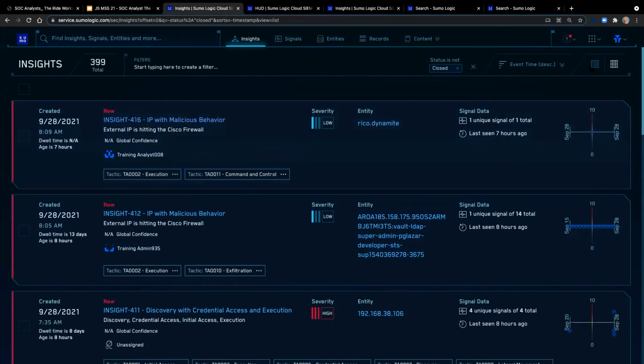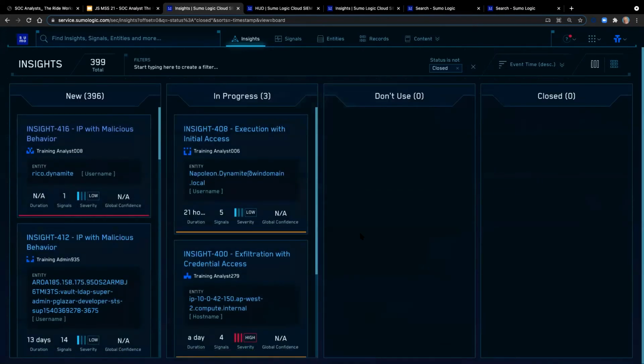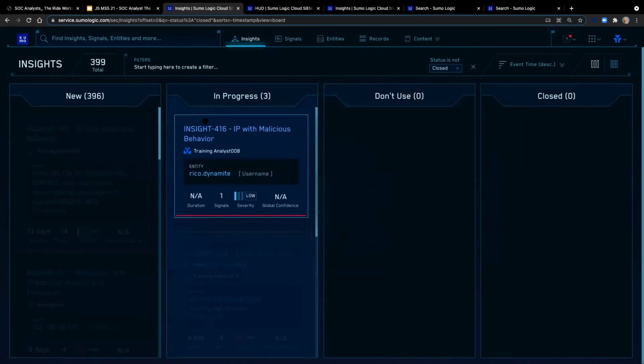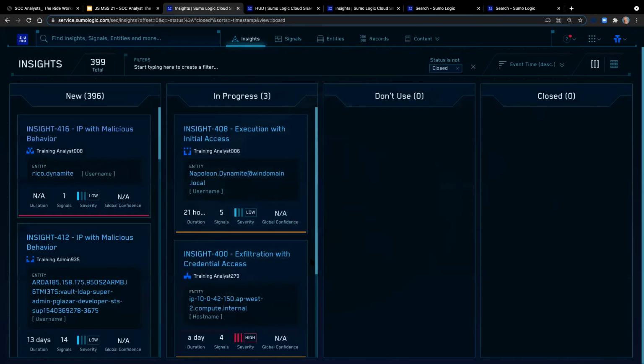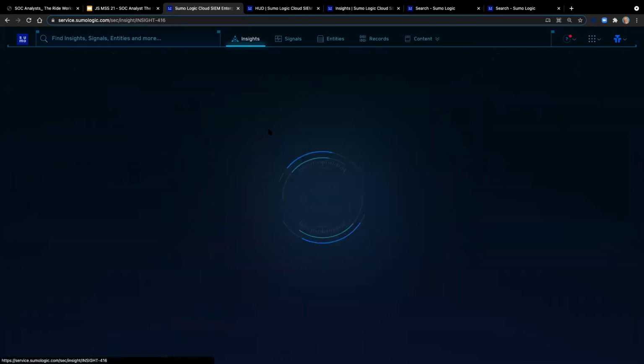The other way of looking at these is the board method, right? So if you're used to using a board method, here's the same thing. What's cool about the board method is you can just drag and drop a card into the different categories. So maybe you're an analyst, you come in, you're going to grab this top one, and you want to own this. So I'm going to slide it over to in progress, give it a second to update, and in here, if I select it,